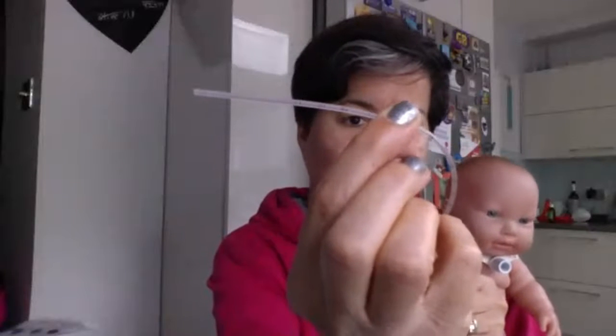What you would do is you would take the catheter out and you would look on here, because I don't know if you can see this, I shall try and show you, that each of the catheters has measurements on it, and the measurements correlate with the length of the tracheostomy tube. So in Zoe's case, I would never do this if this was a real person, because obviously I don't want the end of this catheter touching anything else, because otherwise it's unhygienic and unsterile. But as this is a doll, I won't take that into account. In order to measure,